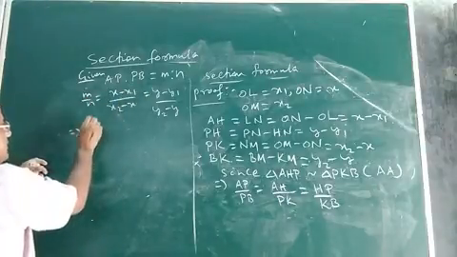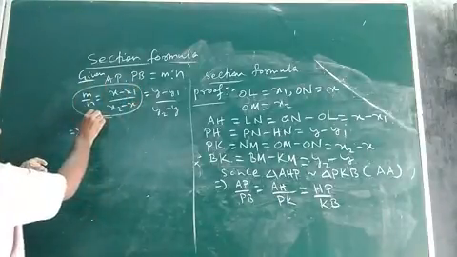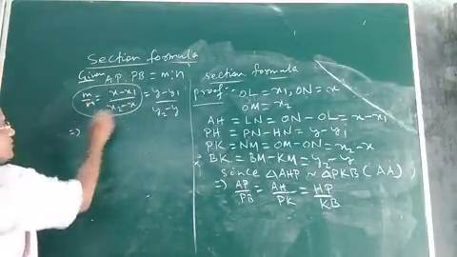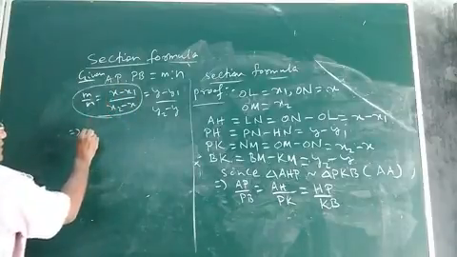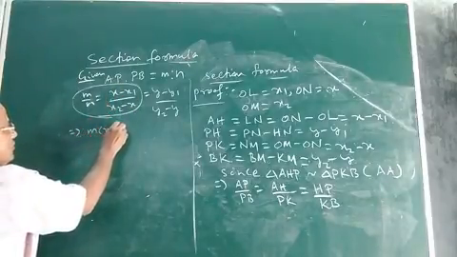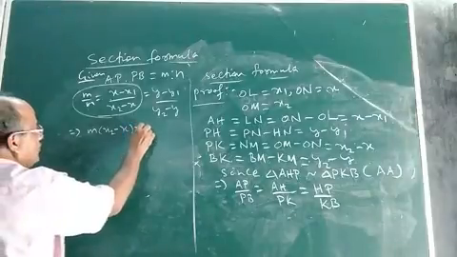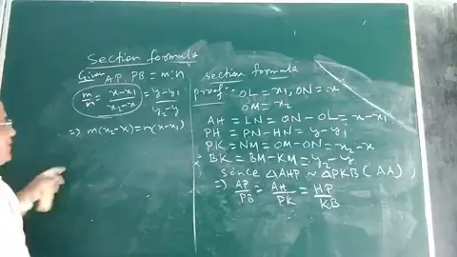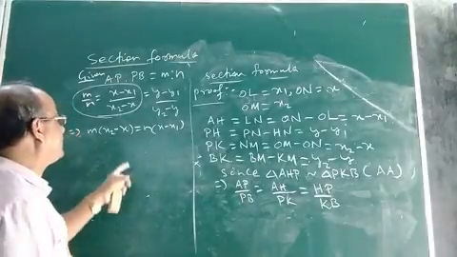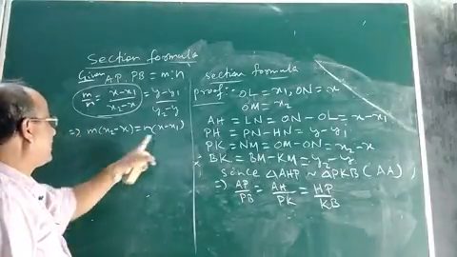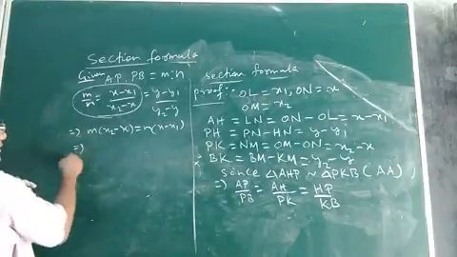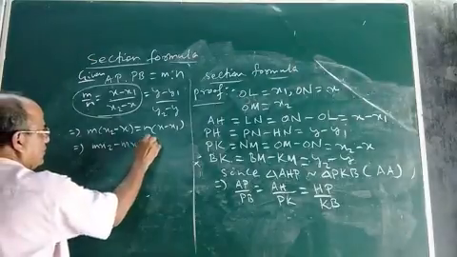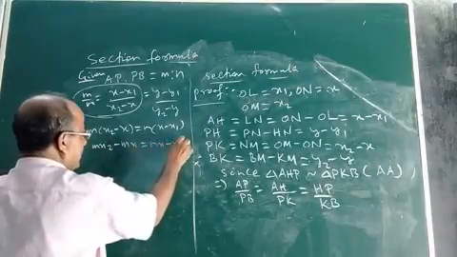Now if you simplify it, let us take the equality of this first. M by N equal to X minus X1 by X2 minus X. On simplifying this, you will get M into X2 minus X equal to N into X minus X1. Okay. So M into X2 minus X will be equal to N into X minus X1. Then how to get X? You see. So it is Mx2 minus Mx equal to Nx minus Nx1.